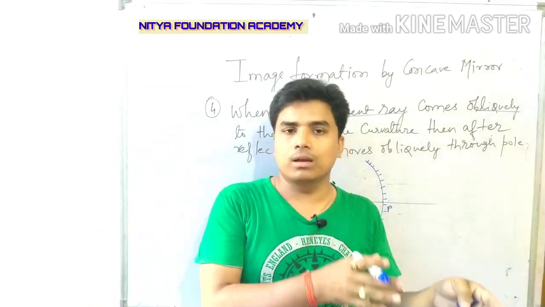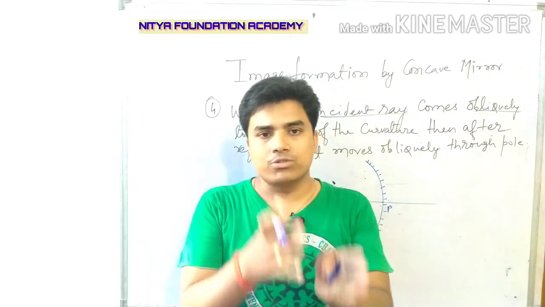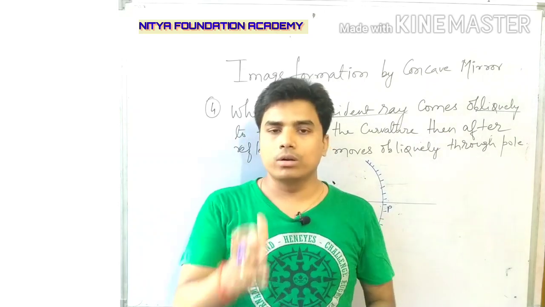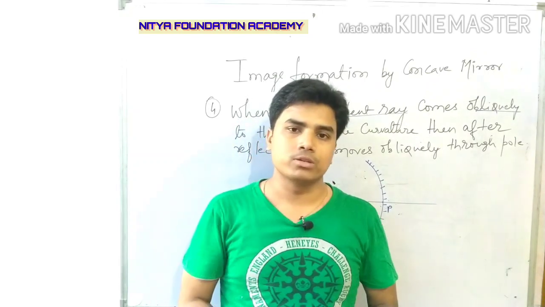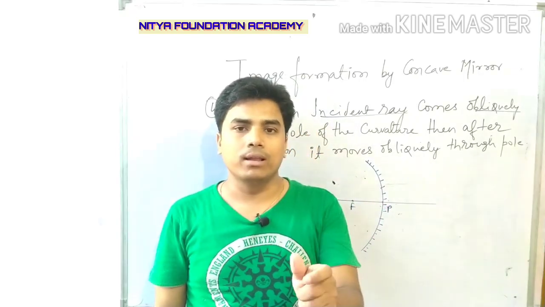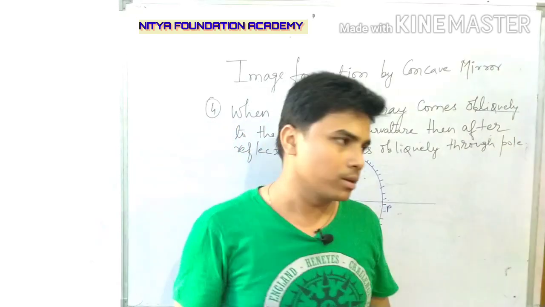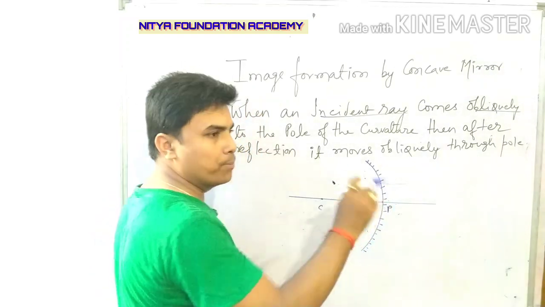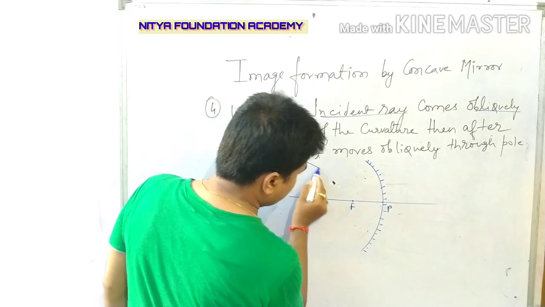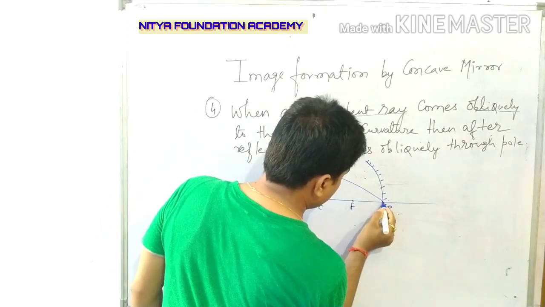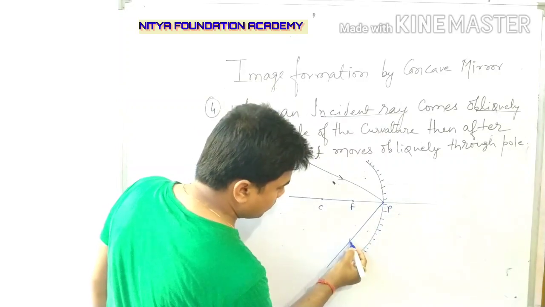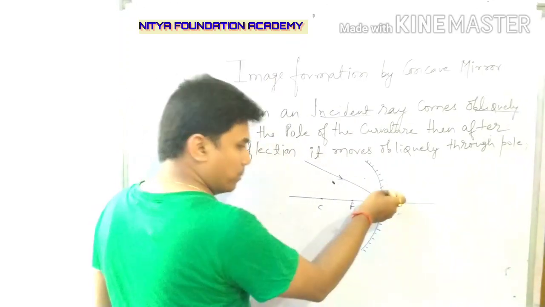जो इंसिडेंट रे का जो एंगल होता है, इंसिडेंट रे और नॉर्मल रे के बीच के जो एंगल होते हैं उसको हम लोग कहते हैं एंगल ऑफ इंसिडेंस, और नॉर्मल रे और रिफ्लेक्टेड रे के बीच का जो एंगल होता है स्टूडेंट्स उसे हम कहते हैं एंगल ऑफ रिफ्लेक्शन। सो इन दोनों के बीच का जो एंगल है वो सेम होना चाहिए। सो पोल यहाँ पर आपका पॉइंट ऑफ इंसिडेंस है। So when an incident ray comes obliquely to the pole, after reflection it just obliquely